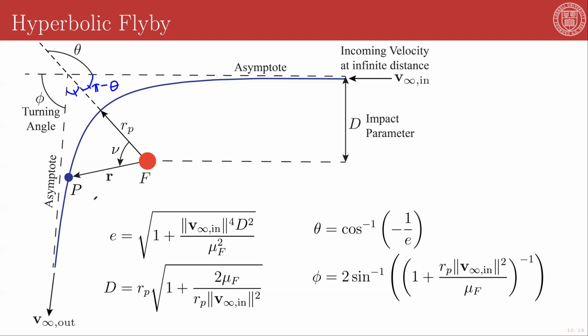Okay, why is that beneficial? Let's consider your overall delta V's. The vector that we've been calling V infinity is the velocity with respect to your flyby body, which let's assume for the sake of argument is a planet. When you enter the vicinity of this body, you're coming in from interplanetary space where you were previously, presumably, on a heliocentric orbit. And so we can write